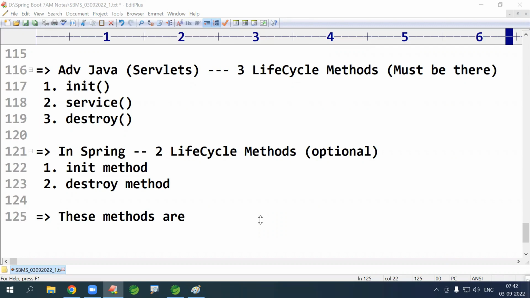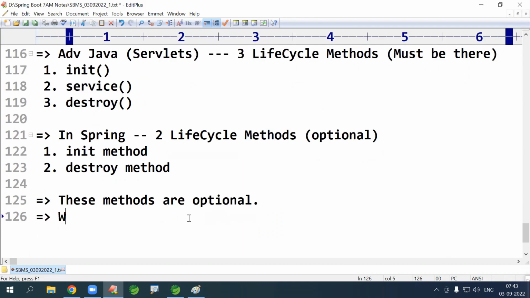This is the Spring container, not a transaction. So these methods are optional. We can configure them